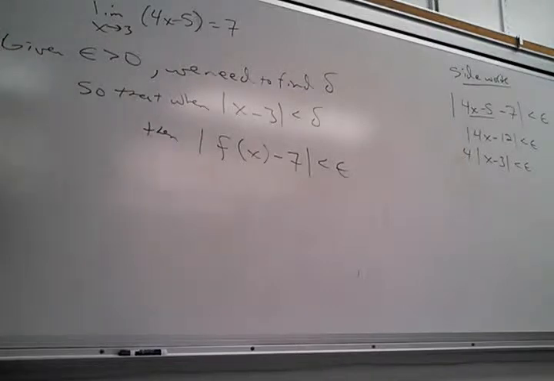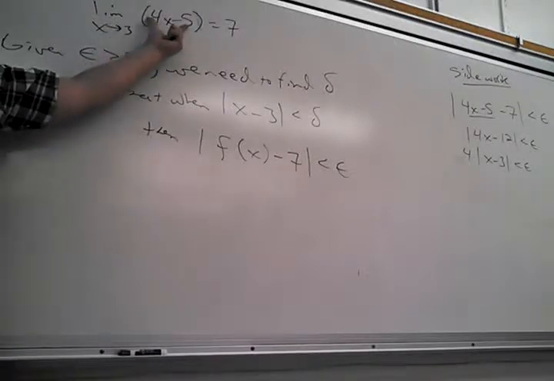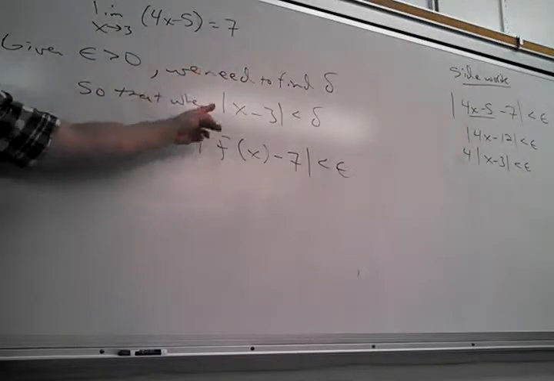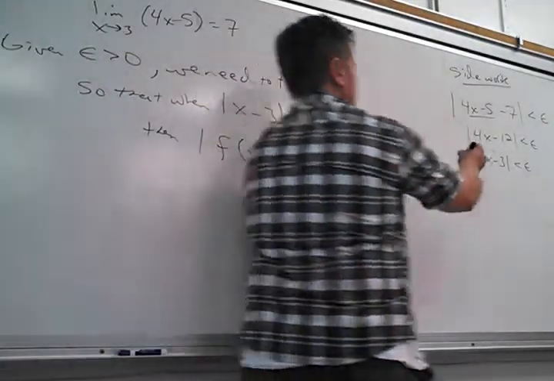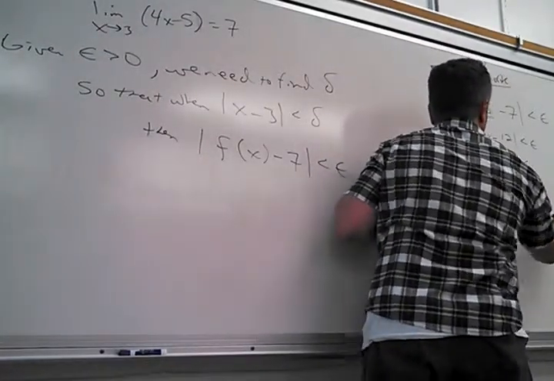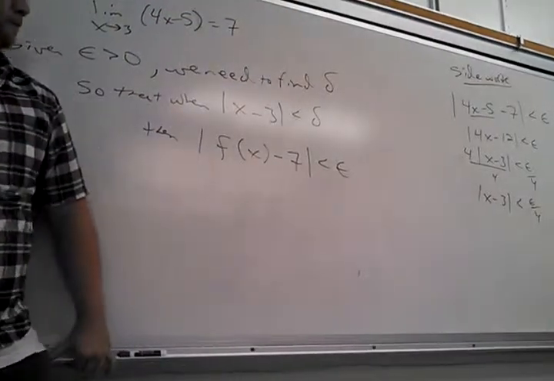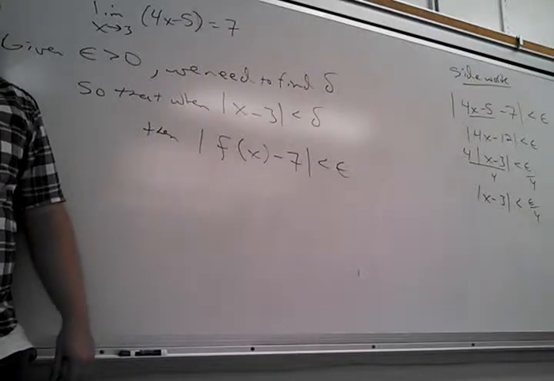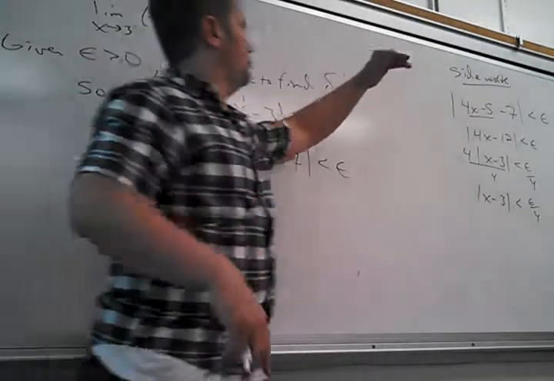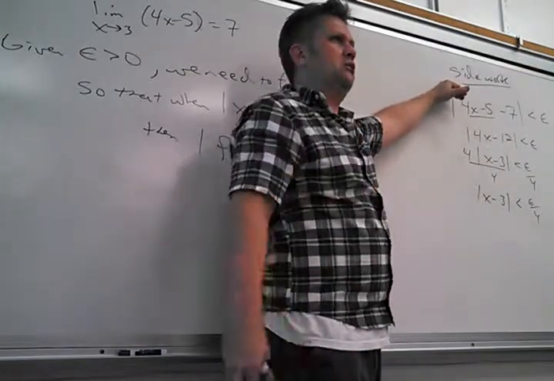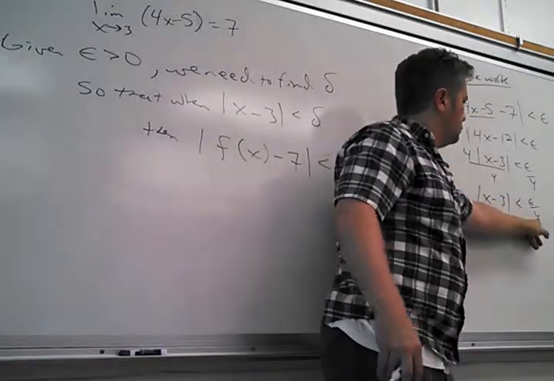This is the key part that I didn't know how to tell you until right now. So let me let you guys catch up with me. For the really simple functions like lines, this will always happen. You can always recover this. And watch this beautifulness. If you divide by 4, yes, I did just say beautifulness. I never said that before. So what do you want to let delta be? Now, we started with what we want to have happen at the end, which is the cheating part. It feels like we're cheating, but we're really not. We're constructing what we want to make delta.